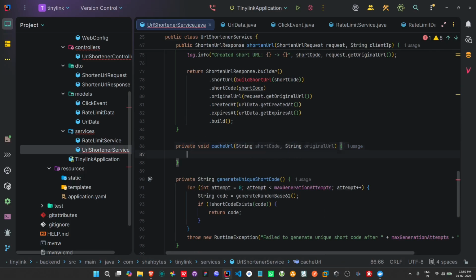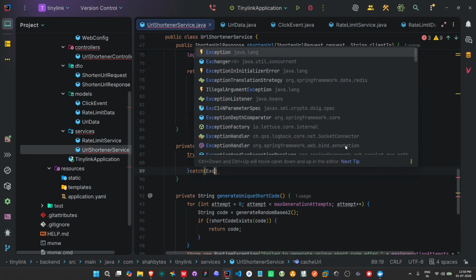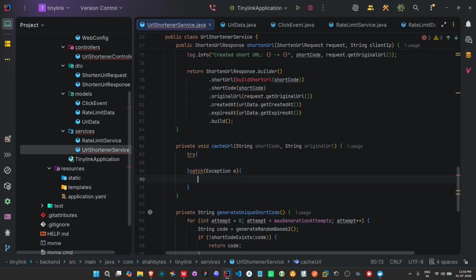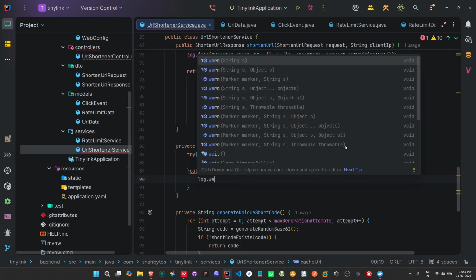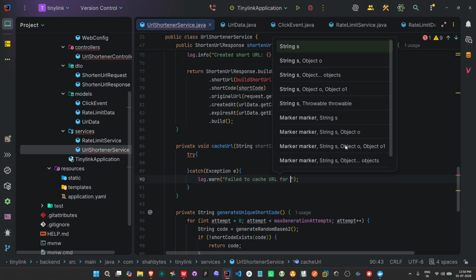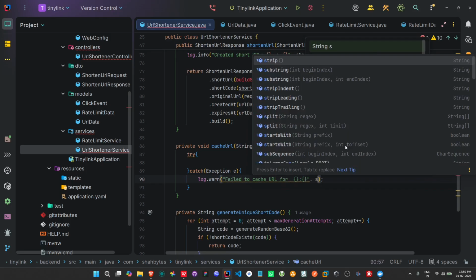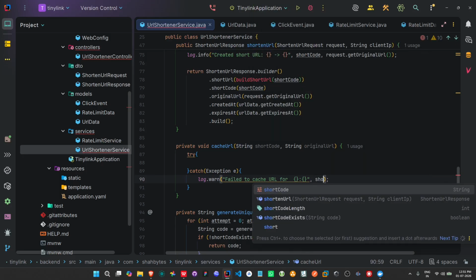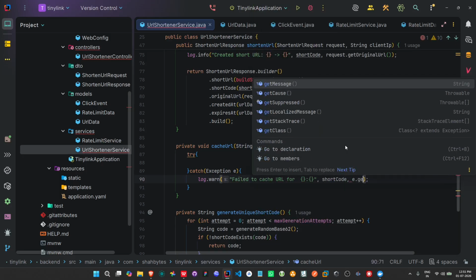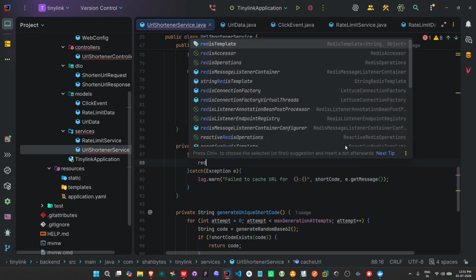Fine. Now we'll be using Redis templates. So we have to use try catch in case Redis is not available. Then exception e like this. If the Redis is not available, we'll just say failed to cache URL for, like this. Pass in our short code and the message of the error like this, and then in the try